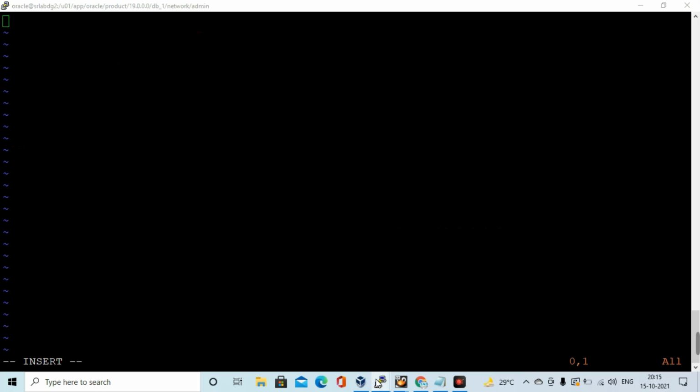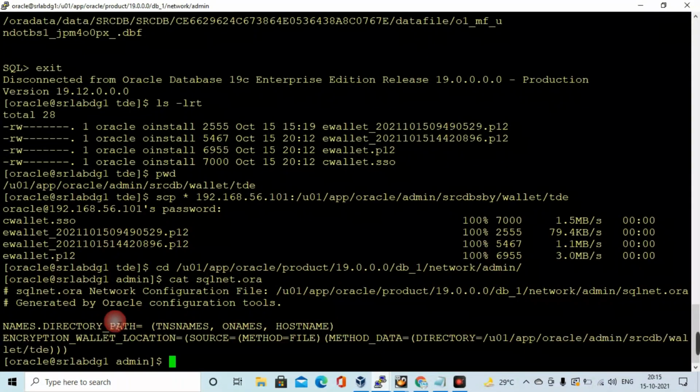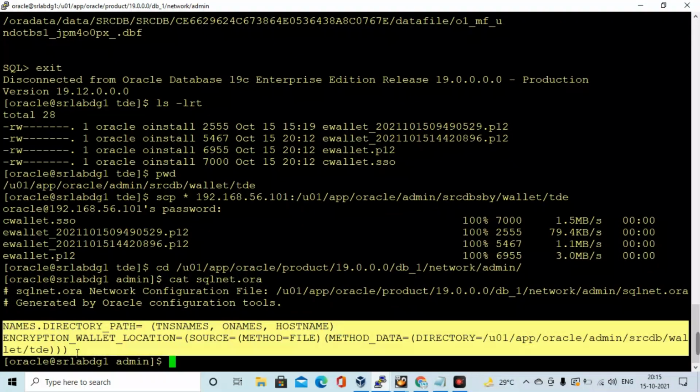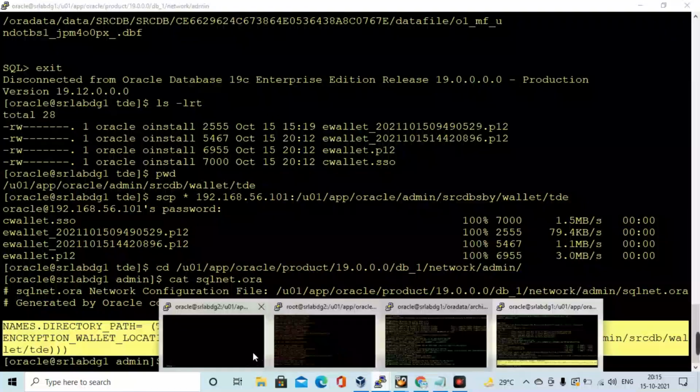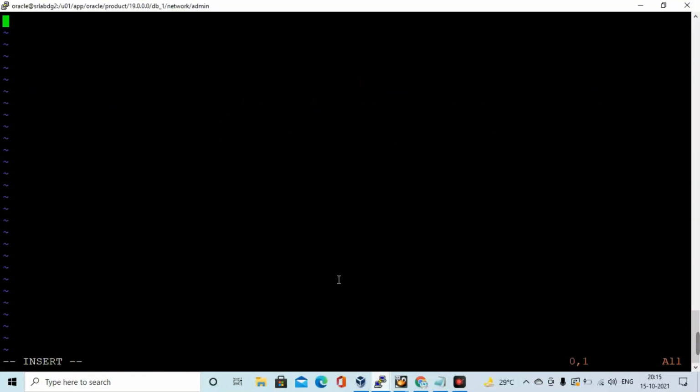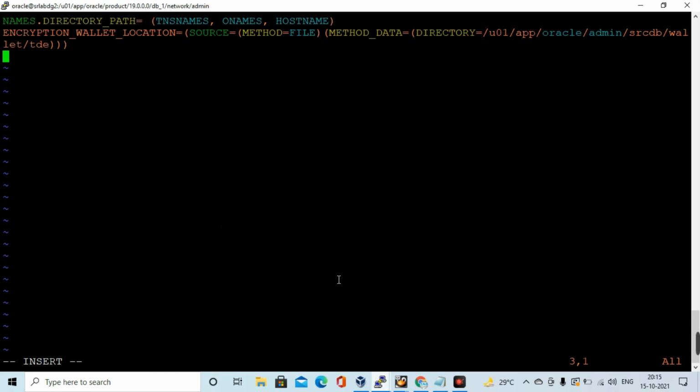We copy the sqlnet.ora entries from the source into the target server and change the TDE location, the encryption wallet location, from SRCDB to SRCDB_SBY.